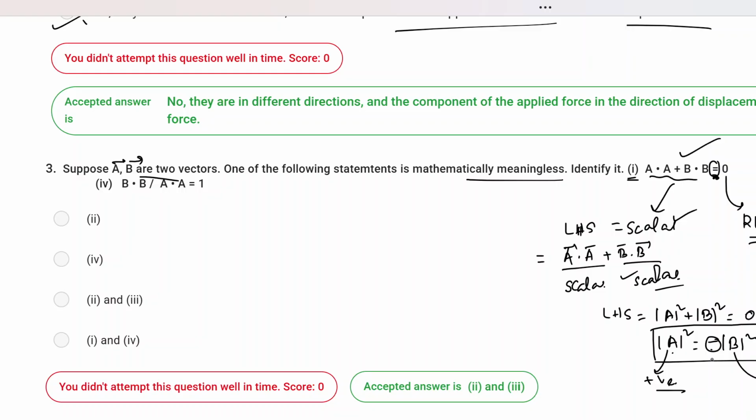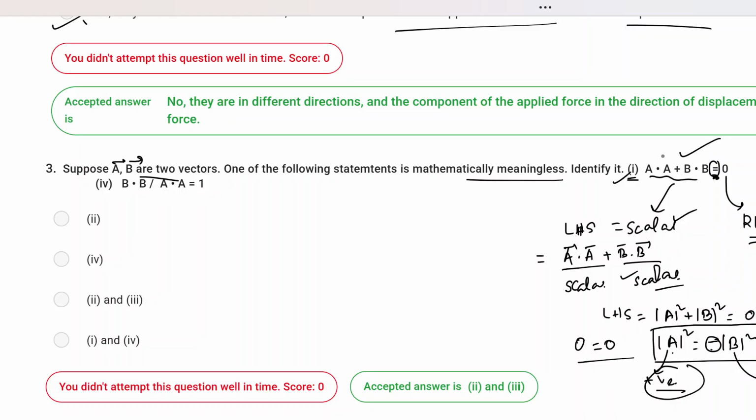So as you can see directly, two positive quantities cannot be related by a negative thing unless both of them are 0. Only when A modulus is 0 and B modulus is 0 can you equate this as 0 equal to 0. Otherwise, there is no possible way to have this mathematically correct. So this is something that is an extra addition that I wanted to have. This is value wise. I was talking about whether this is mathematically making any sense or not.